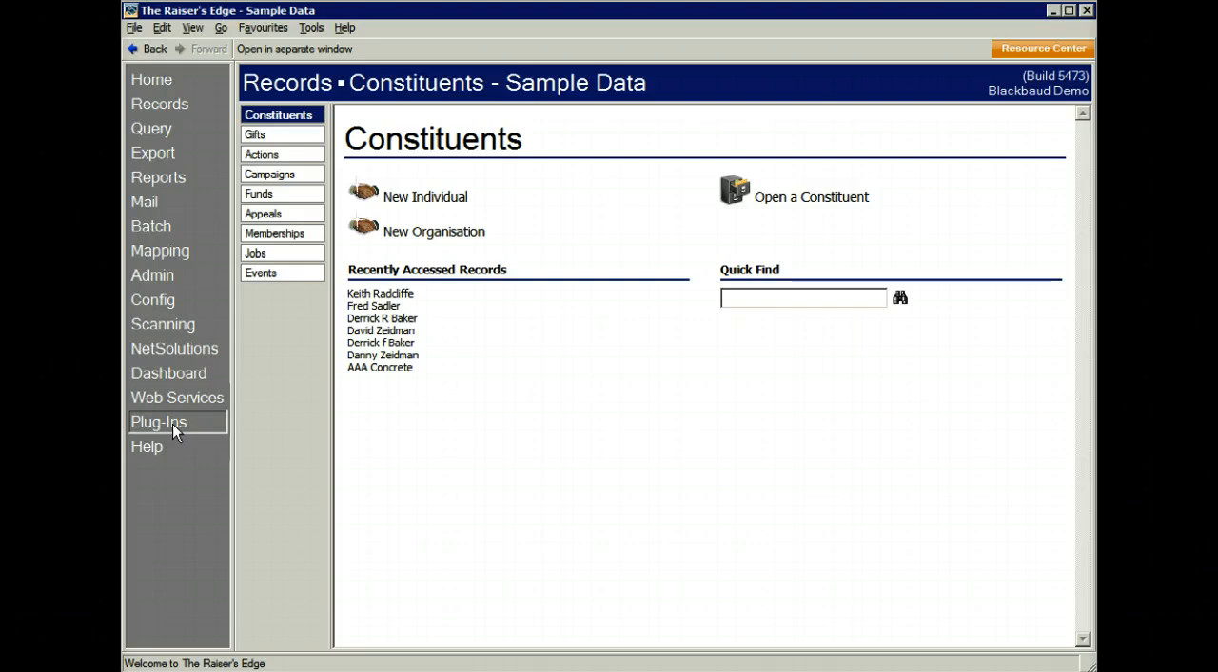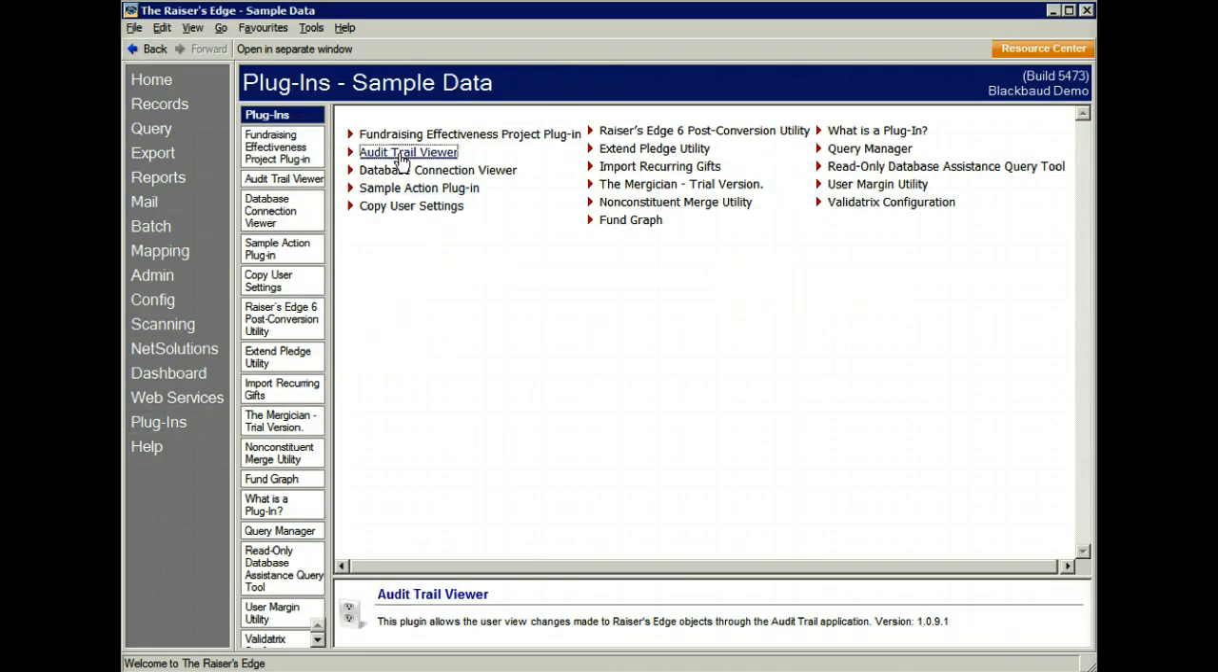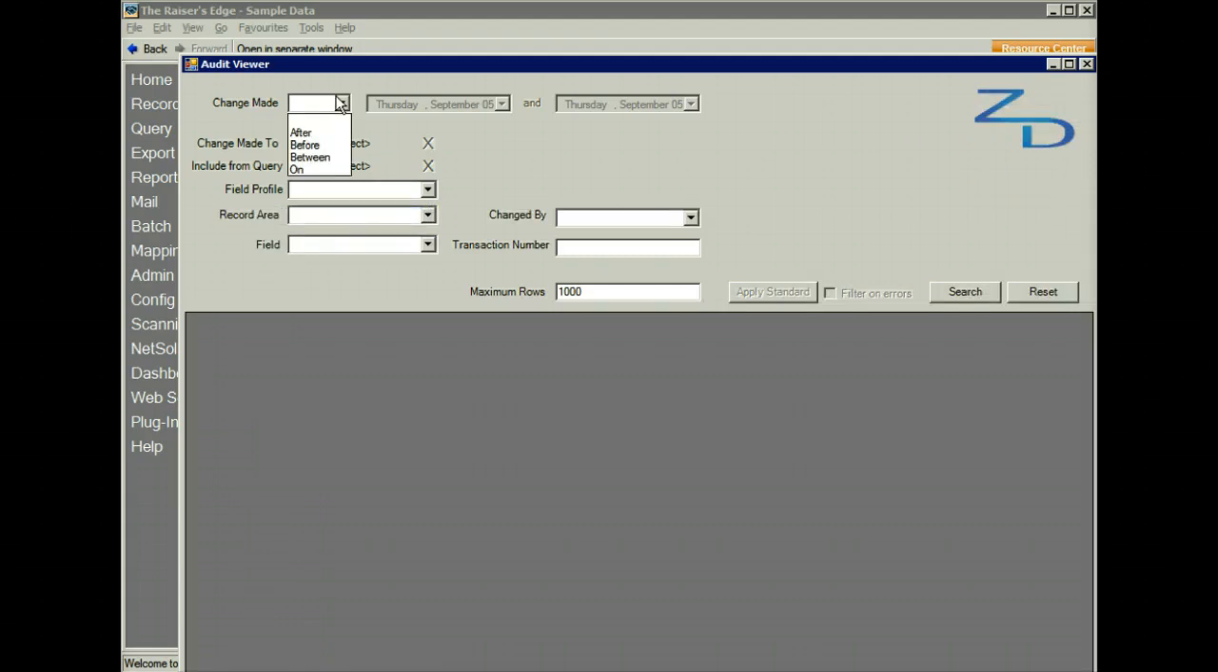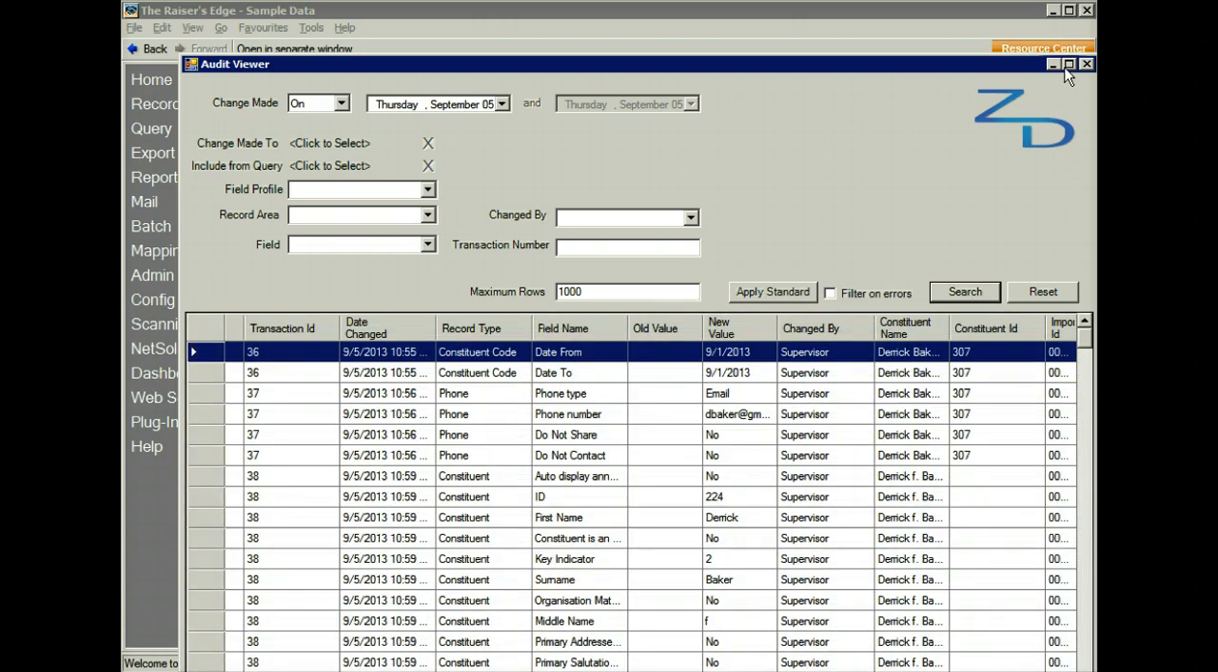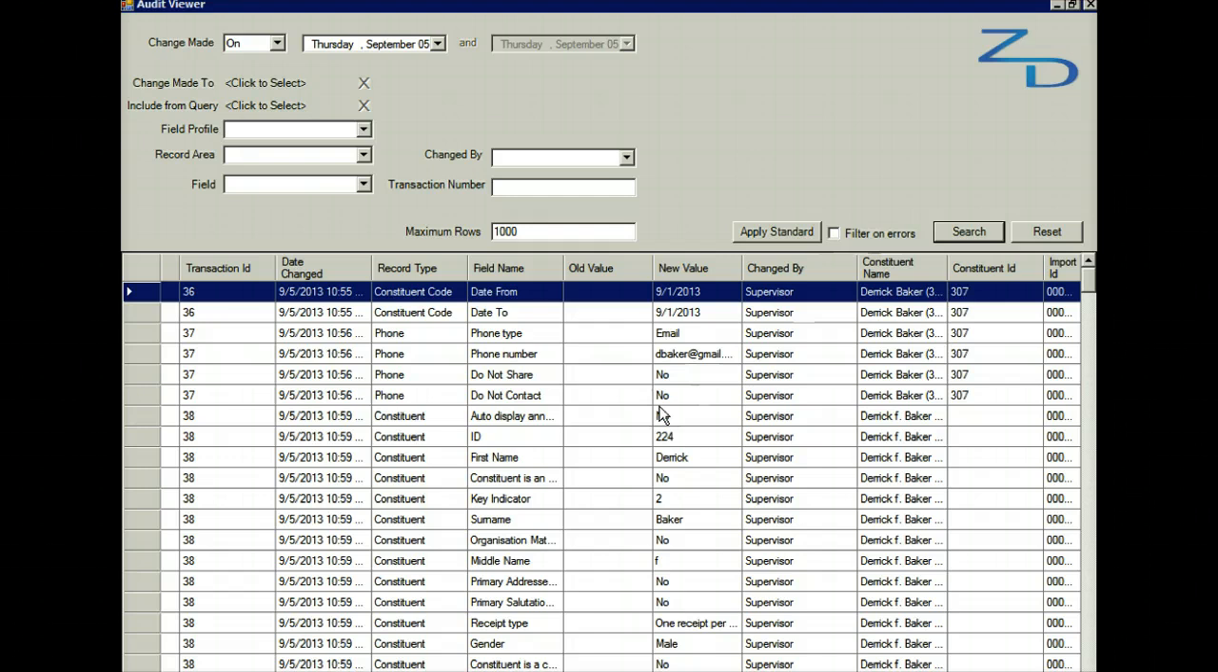And now if we go back to the Audit Trail viewer, we can take a look at any changes that have been made today. So as you can see there, we've got a huge number of changes that have been made throughout the day. So in order to drill down into a bit more detail, first of all, we might want to use our field profile. So if we take a look at our biographical field profile,